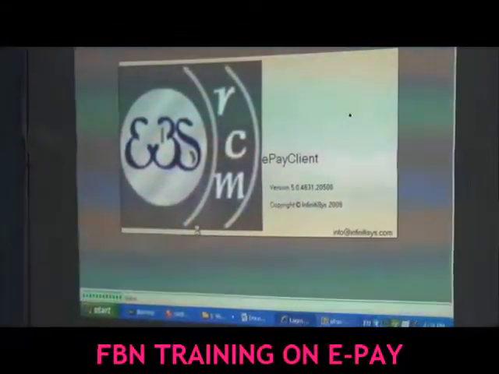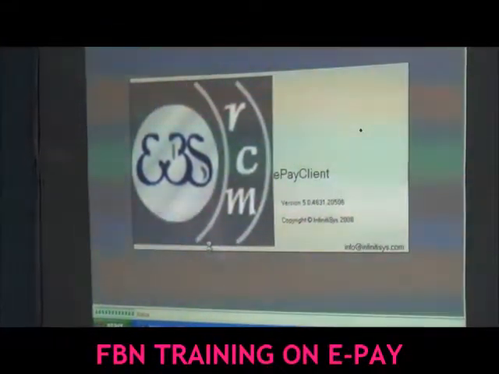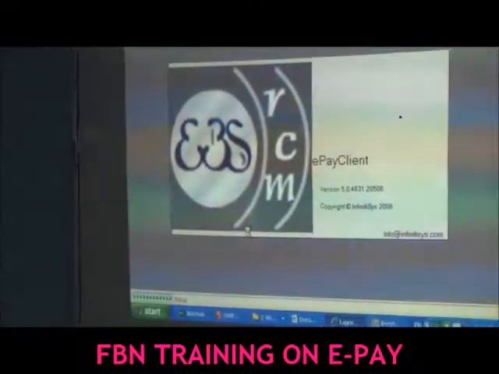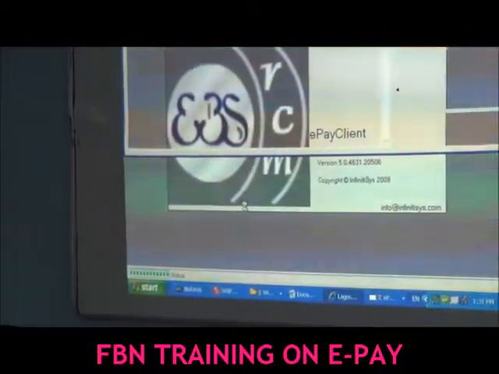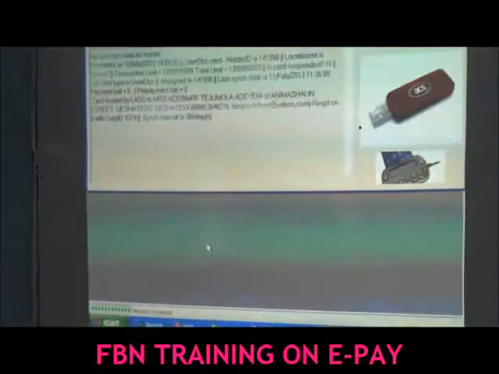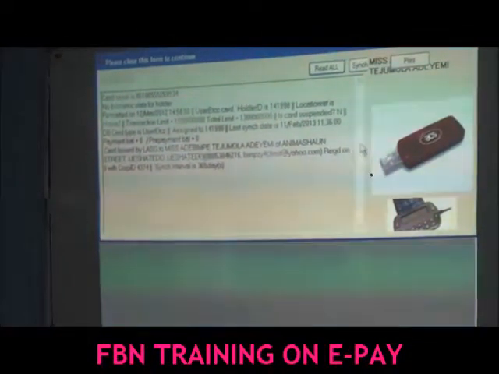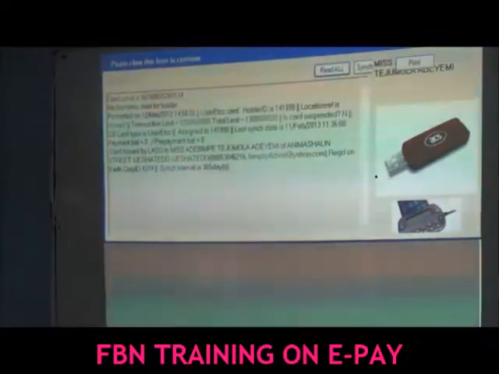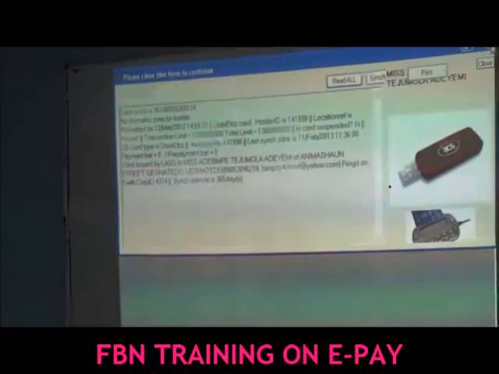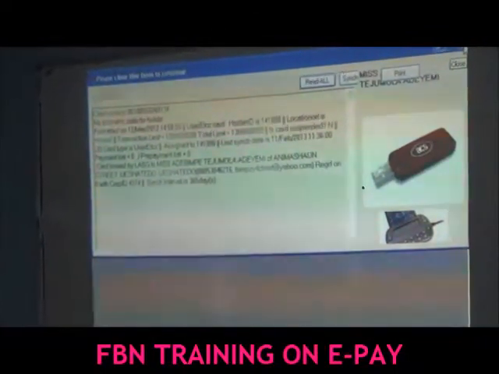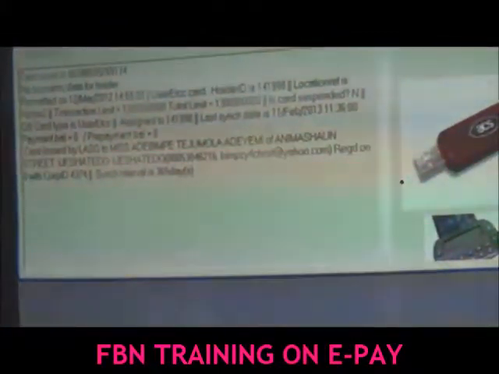And remember, we are using live cards, the way you should run in your office. We're not going to go into what we used to do. Once we get here, it says, please close this one to continue. Close it.